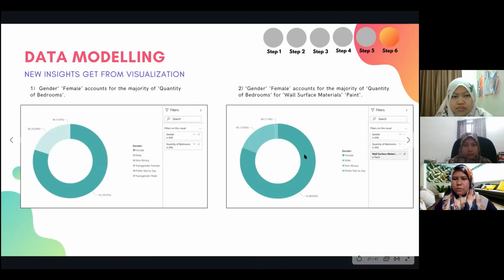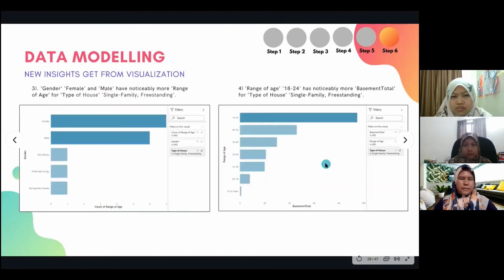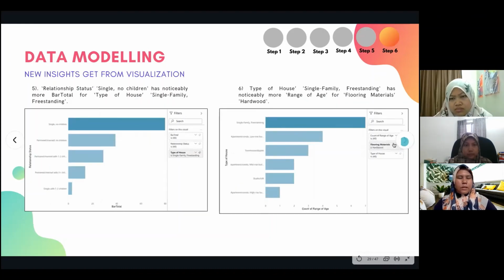Paint gets more preference. The next insight, gender female and male have noticeably more range of age for type of house, single family, freestanding. The fourth is that the range of 18 to 24 has noticeably more basement total for type of house, single family, freestanding. And the fifth one is relationship status, single, no children, has noticeably more bar total for type of house, single family, freestanding.